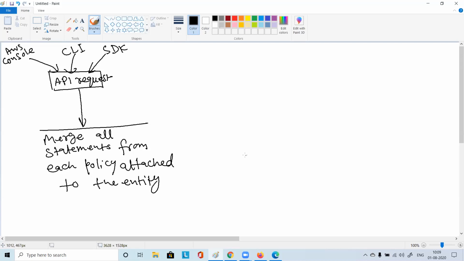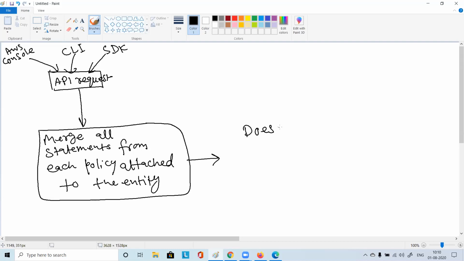By entity, what do I mean? Let it be user or group or whatsoever, because one time we attach to group, one time we attach to user. So merge all the policy statements from each policy relevant for that particular user or group. And after merging, you need to check.